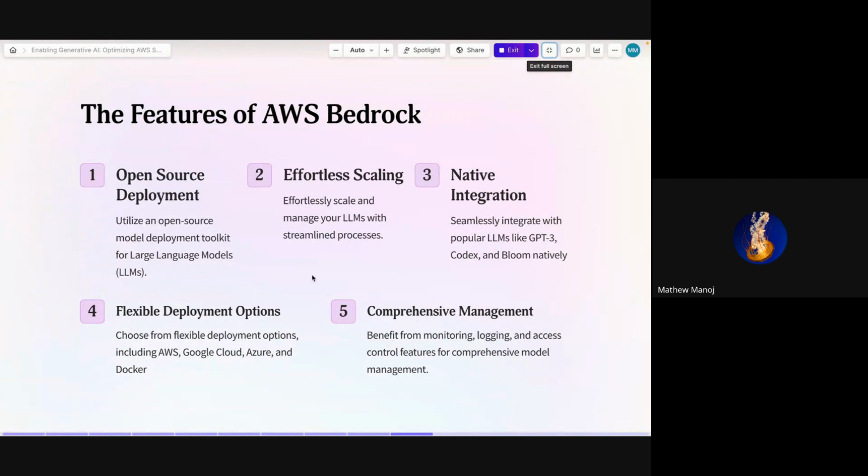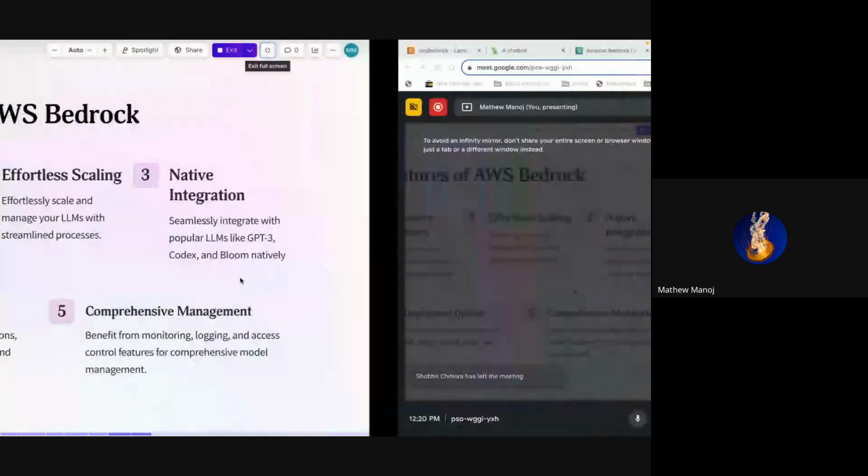And if you choose to deploy your application not on AWS, you can also build your product based on it and deploy it on Google Cloud and Azure or other deployment services.